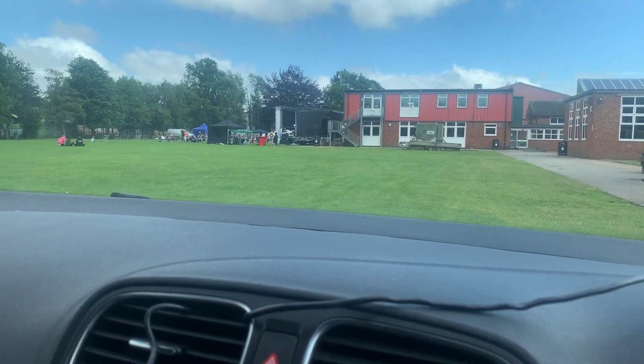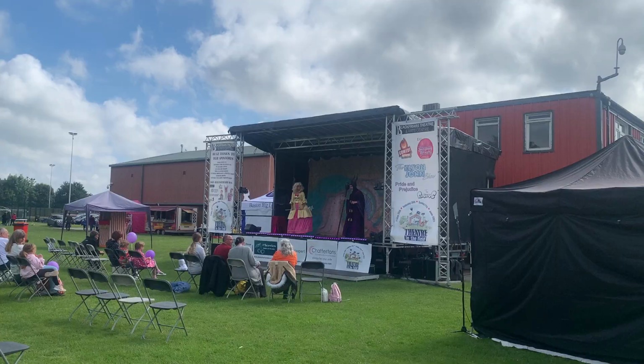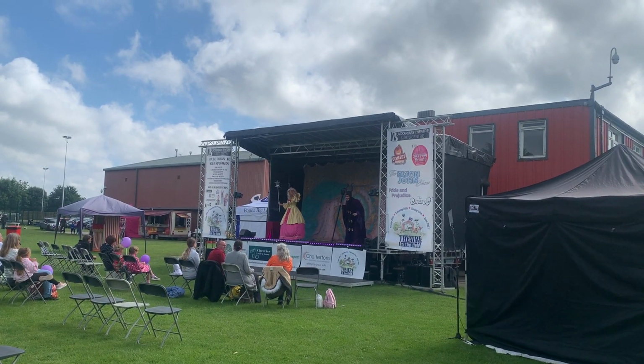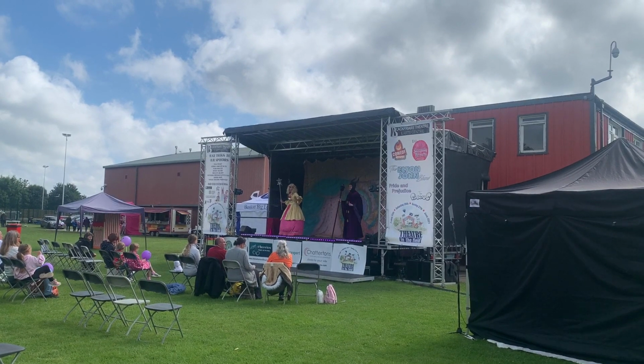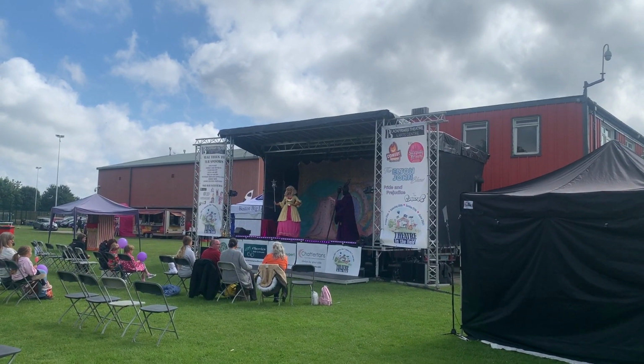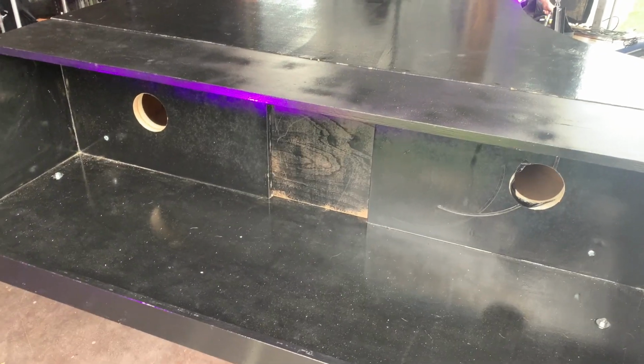This is very exciting. Panto on first. It's good. I didn't realise there was a sale on in Primark. Go ahead, hiss and boo. Roses may be red and violets may be blue, but that doesn't mean